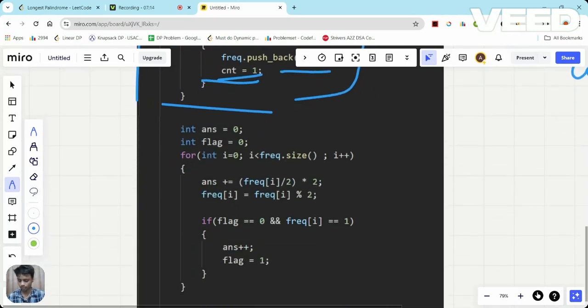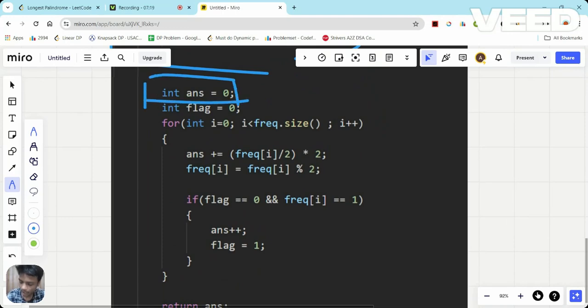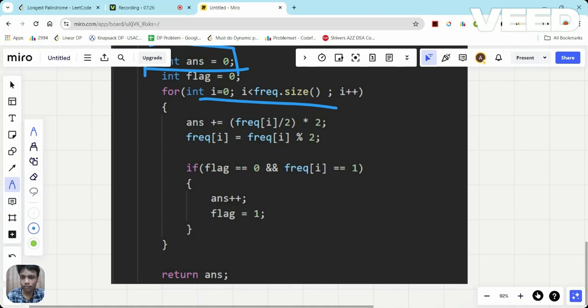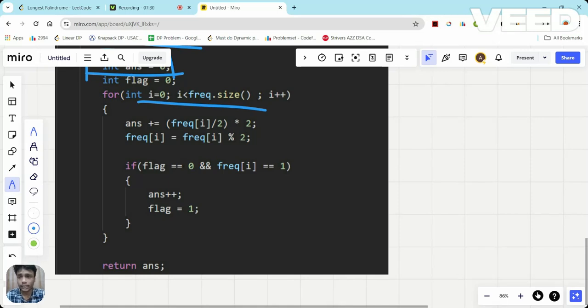Now let's come down. Now look, I've initialized the answer variable. Then I have a flag. Why am I using a flag? I'll explain it. First of all, I am running a loop from 0 to frequency.size. Now, if I found an even character, I can simply add it.